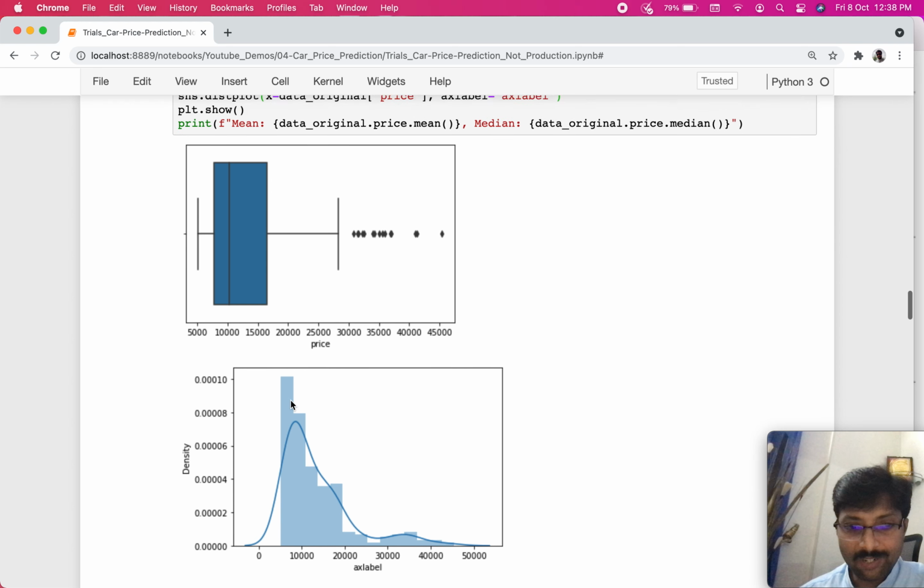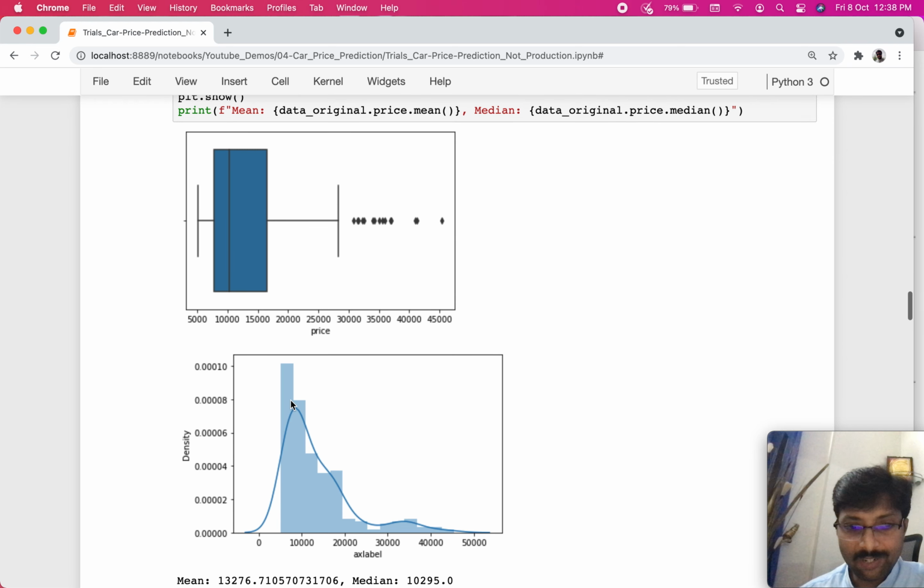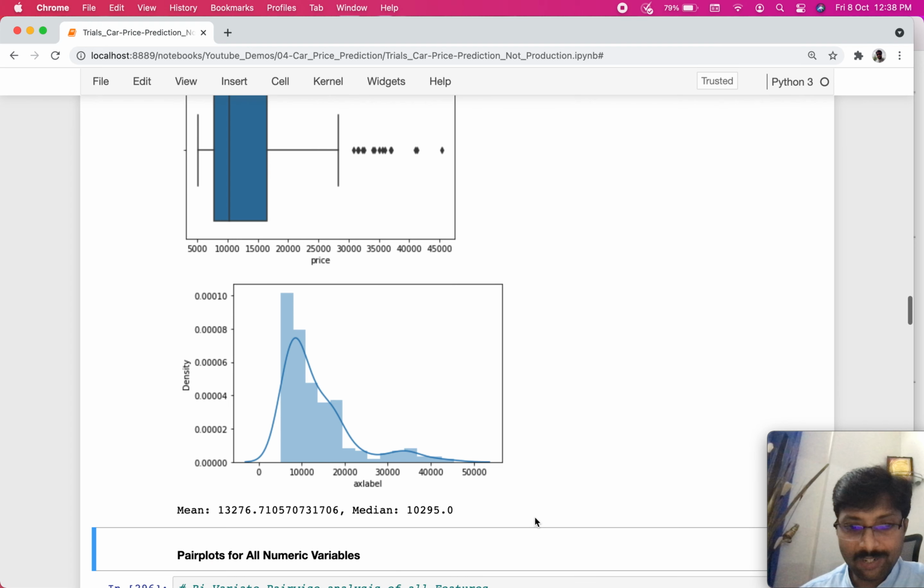So again, with these two here, we may not be walking away with actionable insight, but we neither see a really odd pattern here, right? Not having normalization is not a bad thing, but if the skewness is too bad, and if it is looking too odd, we might want to treat them, right?